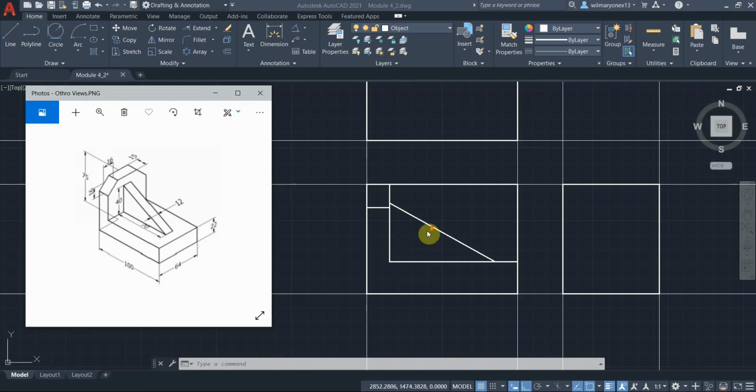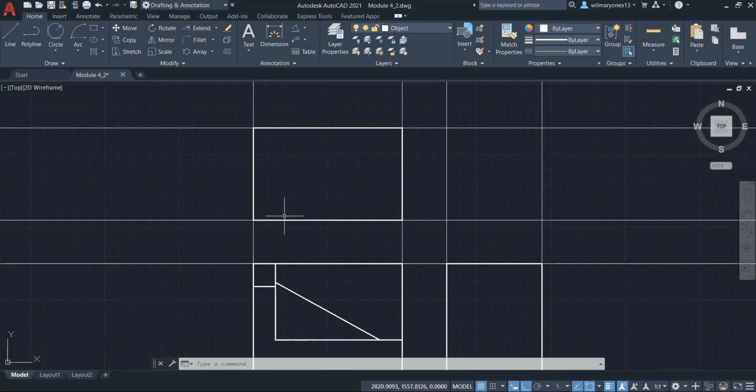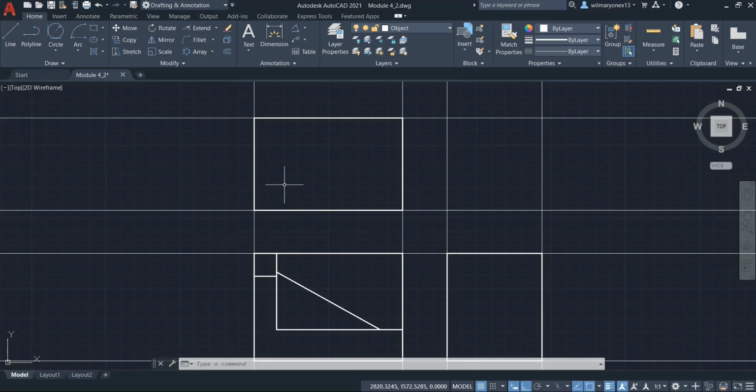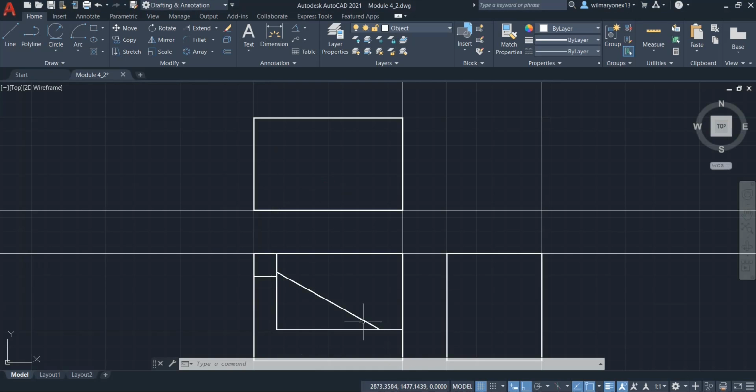Okay, so now let's go to the top. What we're going to do for the top view is create this 15 unit offset again. There are many ways to do this again. So I'm going to type X line, so you can create a vertical line for that. If you go to the construction, let's set the construction as our current. So let's type X line again. And we're going to